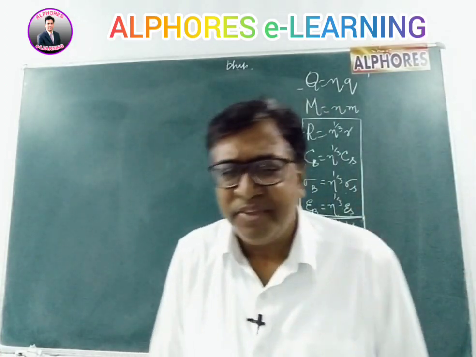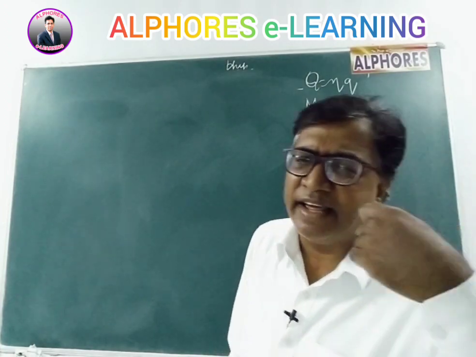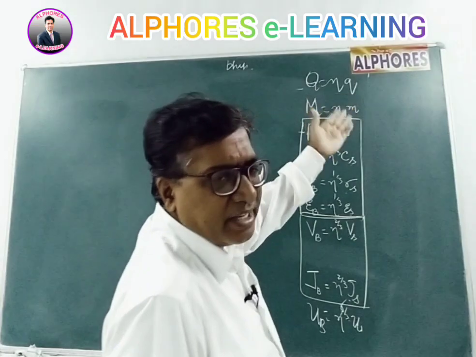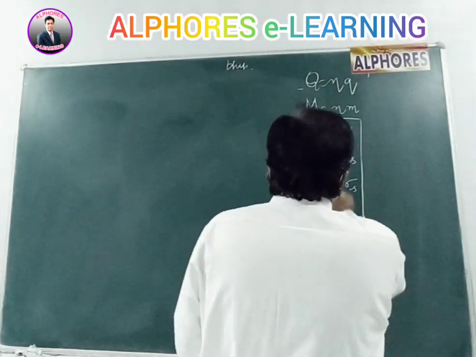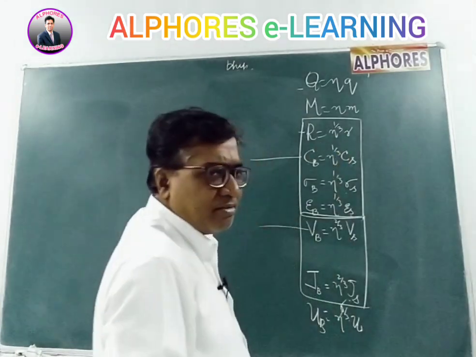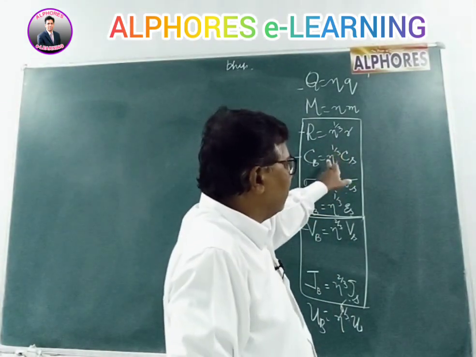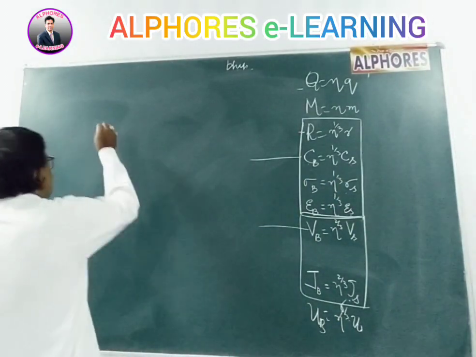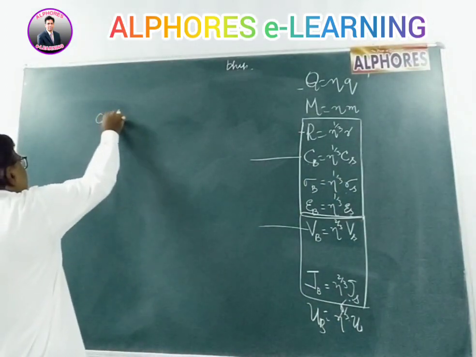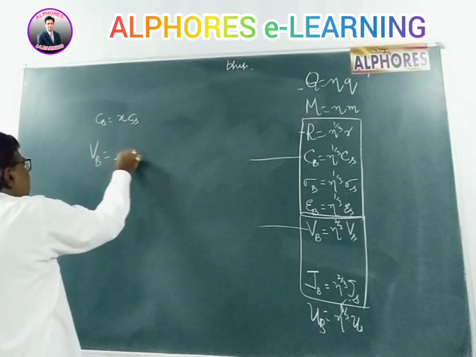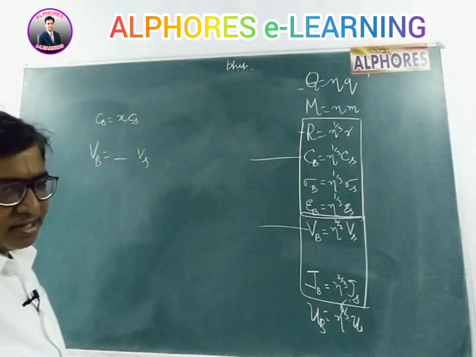Well, I tell you, any of the thing he asks, you can directly find out the answer, substitute, get the answer. He may give you one and ask you to find the other one. Sometimes I was just giving you, right? He'll give you capacity, he'll ask you potential. Capacity n power 1 by 3. So he gives you this value. But let me tell you a simple example. Suppose he says the capacity of the bigger one is some x times the capacity of smaller one. Then how about the potential of the bigger with respect to small? This is the problem in there.